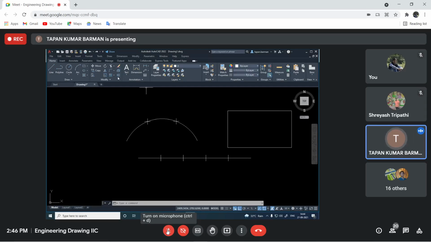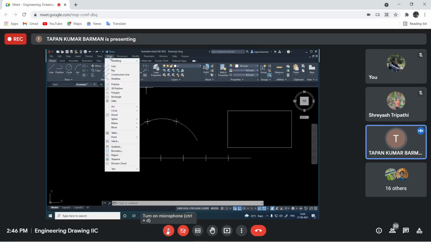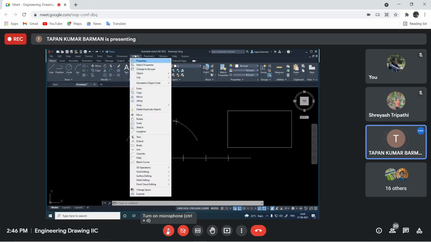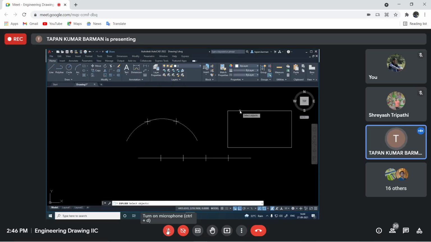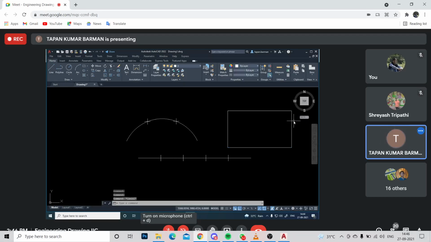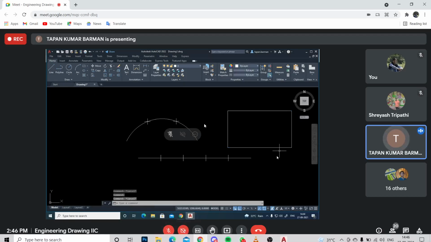So to do that, first thing we have to do is basically explode. So this is the explode command, or from the draw toolbar also, from modify toolbar also, you have to find the explode command. This is the explode command. So first you have to explode this thing. Enter. Now you see I can select individual lines. All should understand this thing.